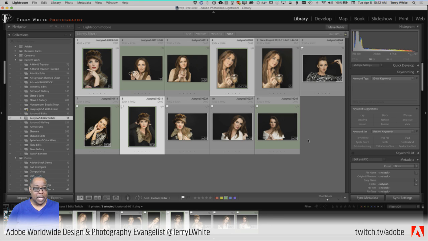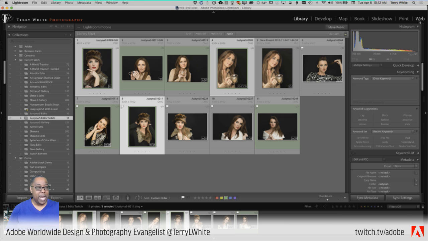All right, so that was one of the hidden gems that people are always asking. What can the web module do? Never tried it. Well, the web module was designed from day one to allow you to create a web gallery of your photos and export that web gallery or FTP that web gallery to your hosting provider. So that way you can create a web page of your photos. That's what the web module has always been for.